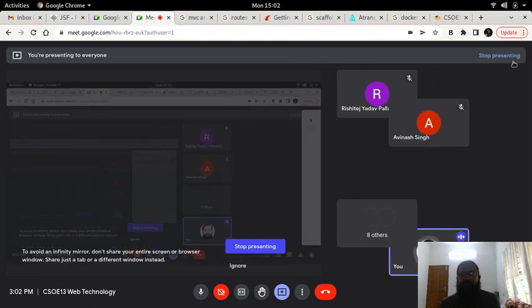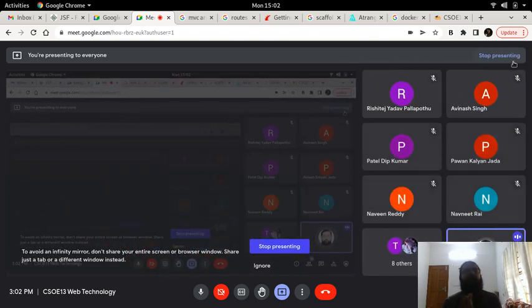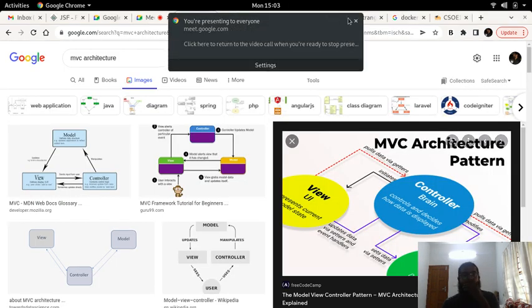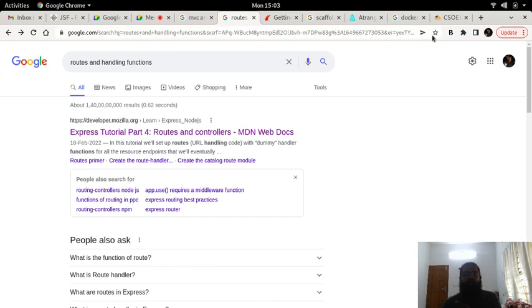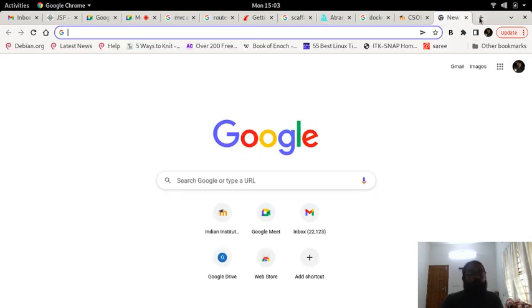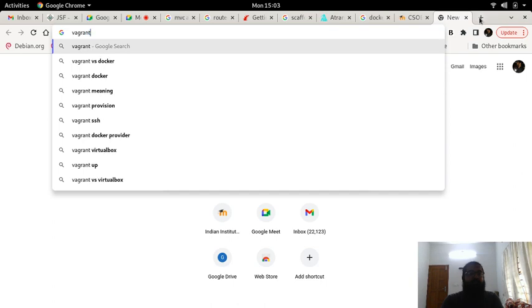I hope throughout this course you have come across different technologies and how we use them together to program the web. That's the whole idea. At the end we learned about the MVC architecture and a little bit about Docker. There's also something called Vagrant.